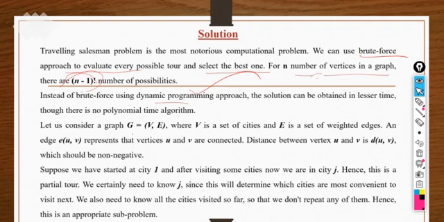So let's consider all the cities in a graph representation, which consists of vertices and edges. Vertices are the cities, and edges are the distance or route from one city to another city. So let's assume every edge has a weight, and the distance between vertices u and v is represented as d of uv. You can assume that, and the distance must be positive, it will be non-negative itself. So suppose we have city one, and after that we have to move on to the other cities exactly once.